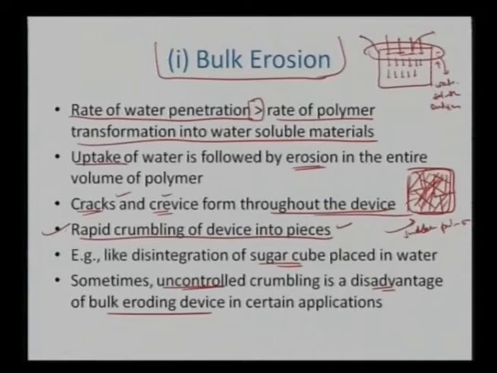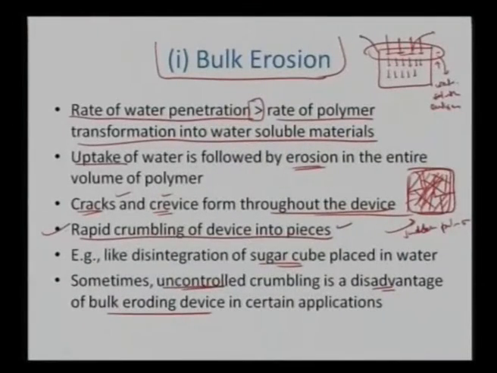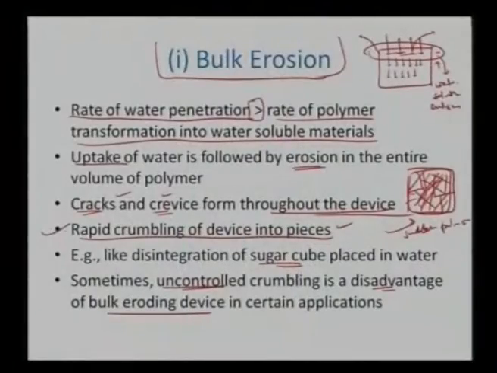occur. And since this entire process is uncontrolled, that becomes a disadvantage in certain cases, because for example in drug delivery, we want a very controlled degradation of the polymeric material. That can be attained when we can control this bulk erosion and make it much more surface sensitive. So in the case when we have only surface erosion occurring, we can get over this particular disadvantage.